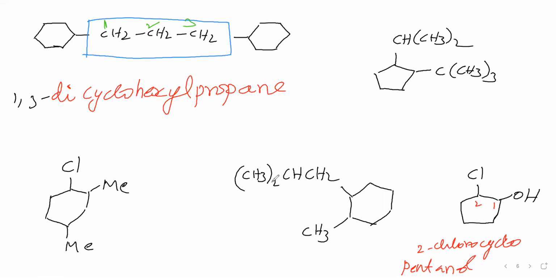This is methyl. This branch name is isobutyl. So which name we have to say first? Isobutyl we have to say first, then we have to say methyl. Then numbering we have to give: isobutyl number 1, number 2 here, it is number 1, it is number 2, then it is cyclohexane. Okay, then we have to say this name as cyclohexane.